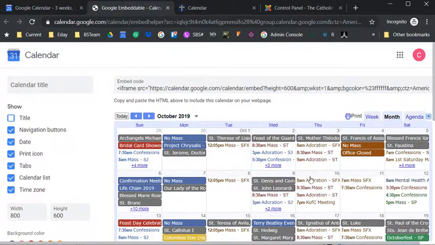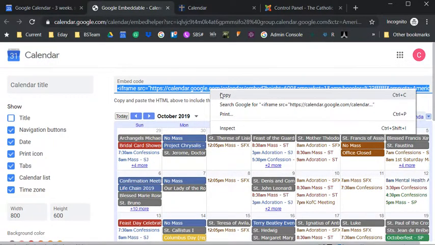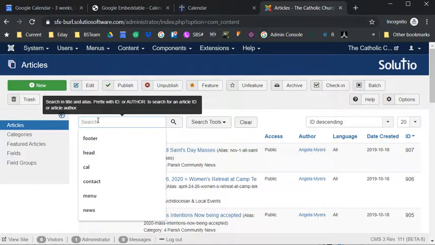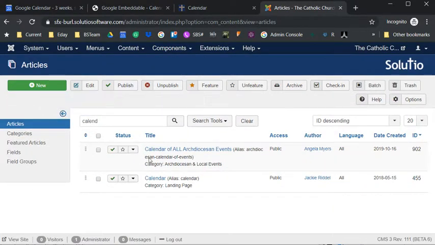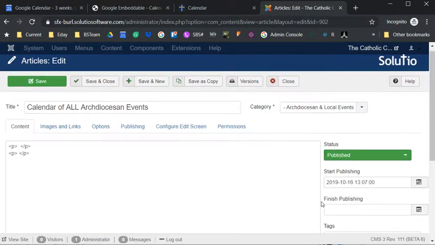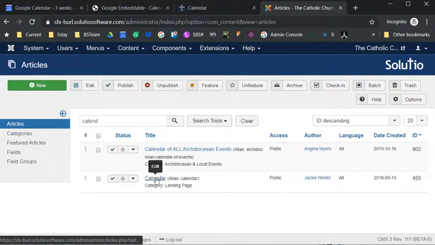Then, when all is good to go, we're going to copy this embed code. I'm going to double click to highlight it, right click and choose copy. Inside of the website, there should be, I believe, an article called calendar. Okay, I see there's a separate calendar of Archdiocesan events, so maybe that's what you wanted to accomplish, maybe not. I'm going to click on calendar here,